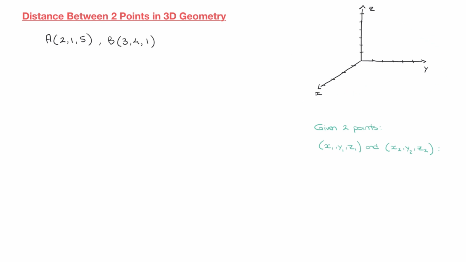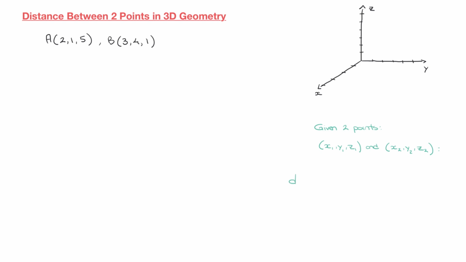And so for the sake of picturing the distance between these 2 points, I'll be plotting these 2 points in just a minute. But let me start by stating the formula for calculating the distance between 2 points. And here it is. Given 2 points whose coordinates are x sub 1, y sub 1, z sub 1, and x sub 2, y sub 2, z sub 2, the distance between those 2 points, which I'll go ahead and